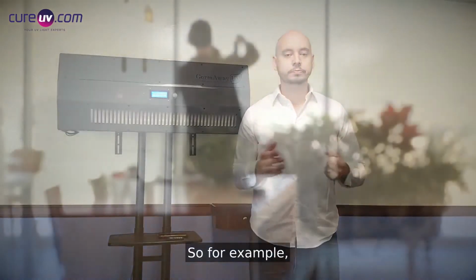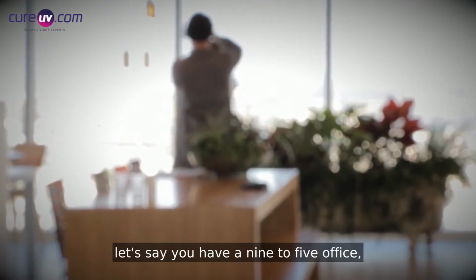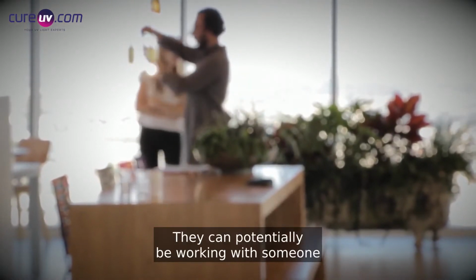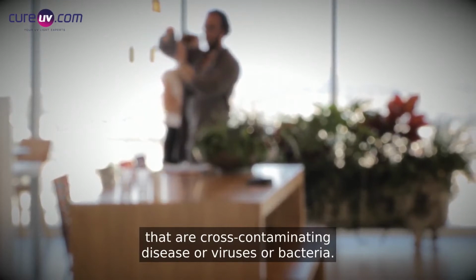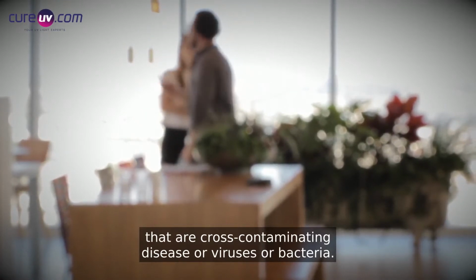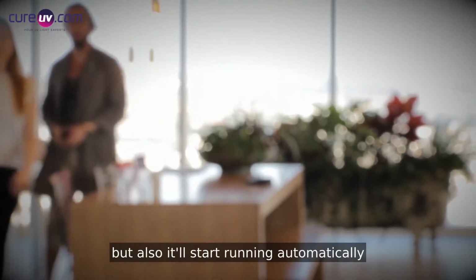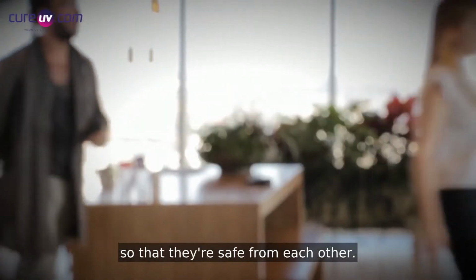your building. So for example, let's say you have a 9-to-5 office, but someone has to finish a project, they come in at 5 a.m. They could potentially be working with someone that they're cross-contaminating disease or viruses or bacteria. The motion sensor will alert you that somebody's there, but also it'll start running automatically so that they're safe from